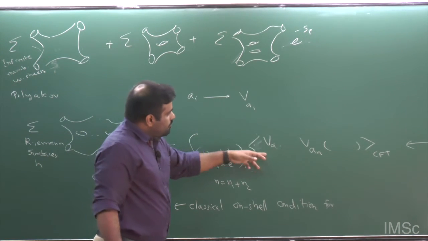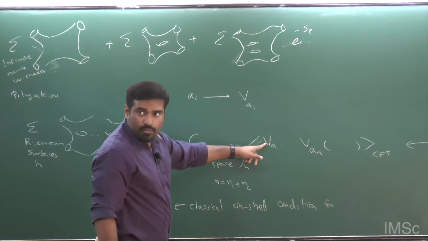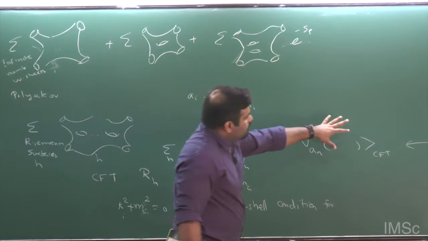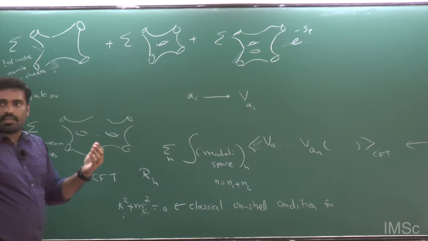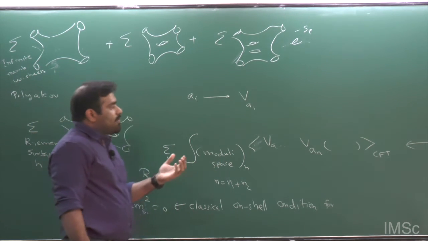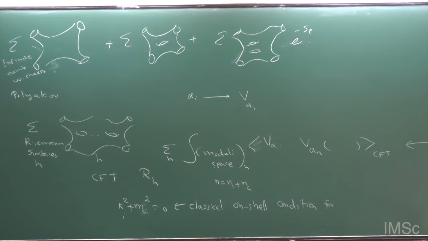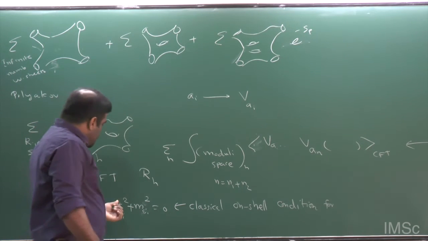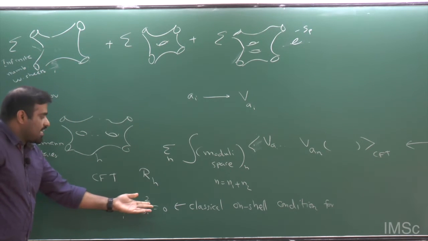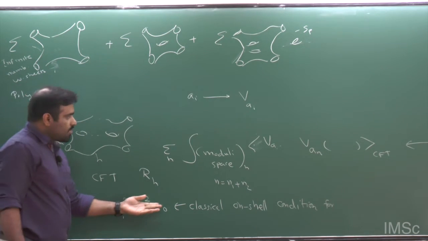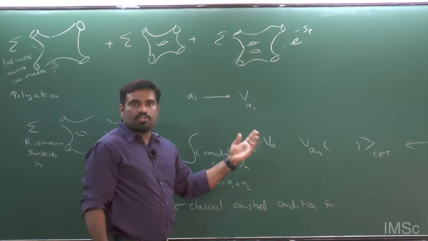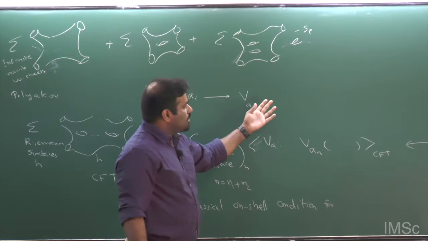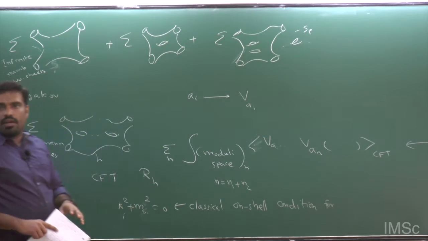And if you have a finite weight for the vertex operator, the whole object will start depending on additional data that you have on a Riemann surface. On a Riemann surface, you can choose a particular parameterization, and choosing a particular parameterization on the world sheet has no physical meaning. So if I choose generic momenta which don't satisfy this classical on-shell condition, that's equivalent to considering vertex operators having non-zero weight. When you have non-zero weight, the whole object will start depending on the way you parameterize your world sheet. And that's not consistent.